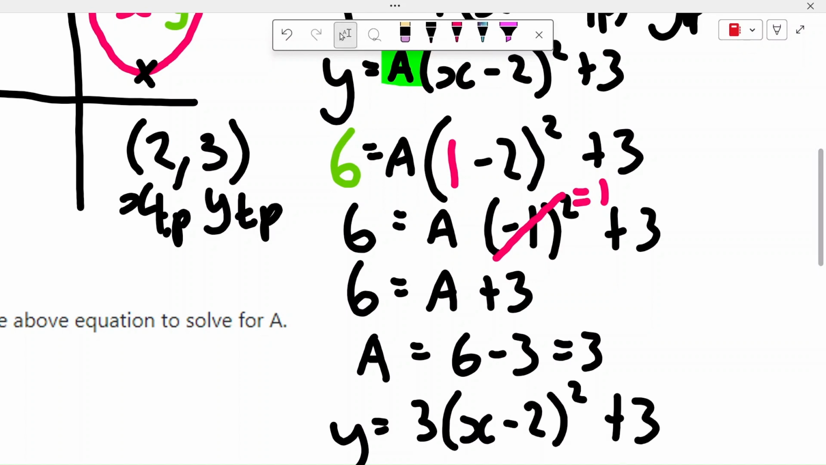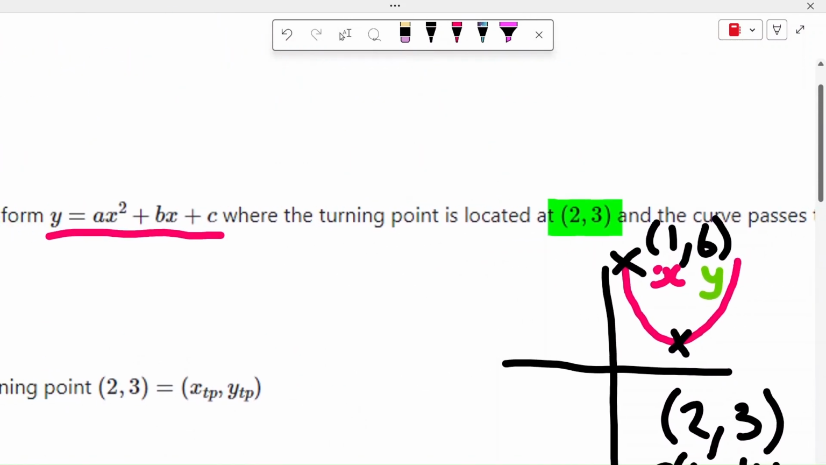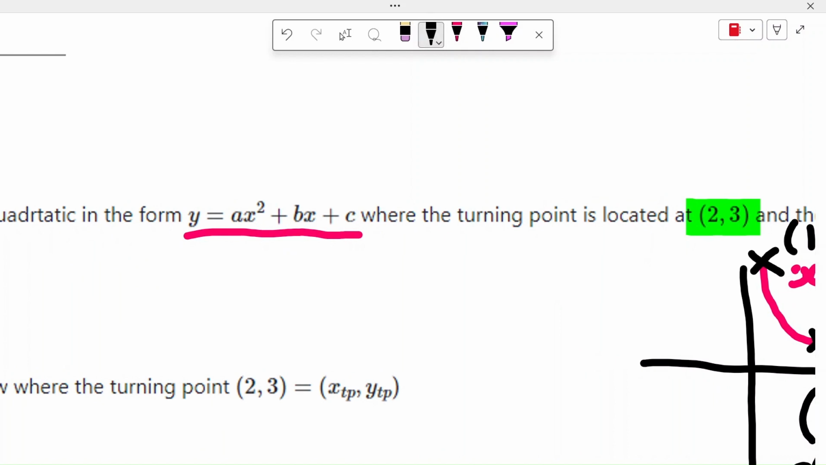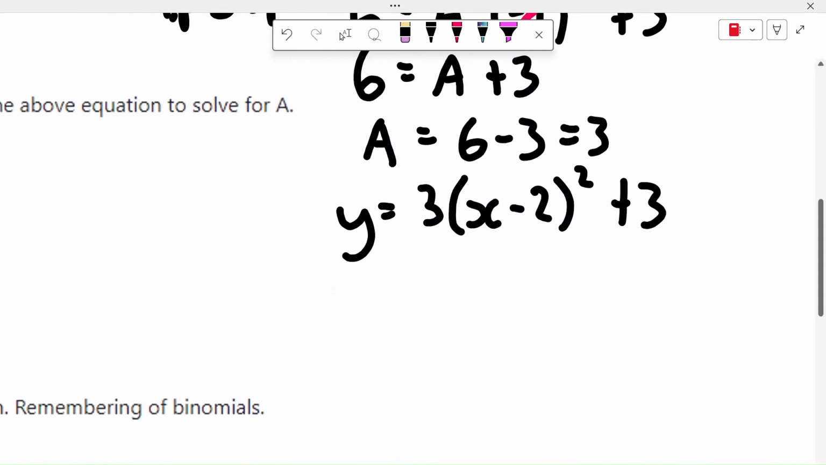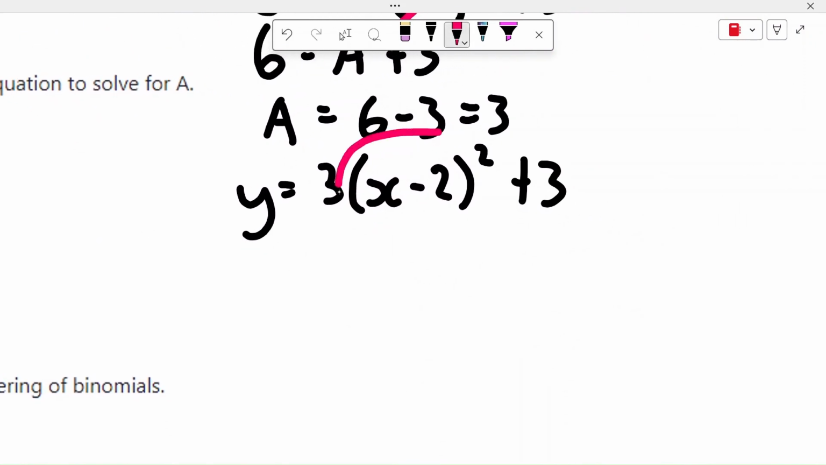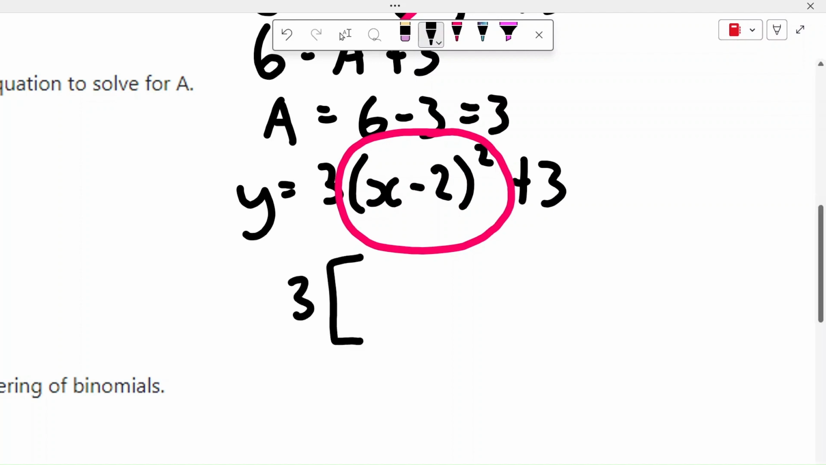But that's not the end of the question, because that is not the form that the question is asking us to solve it in. We need to have it as some number x squared plus some number x plus some number. Okay, so we've got to expand this bit here. All right, so that's a binomial, and hopefully you know how to expand these really quickly. So it will be x squared,